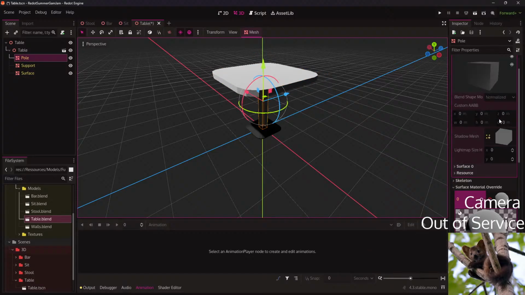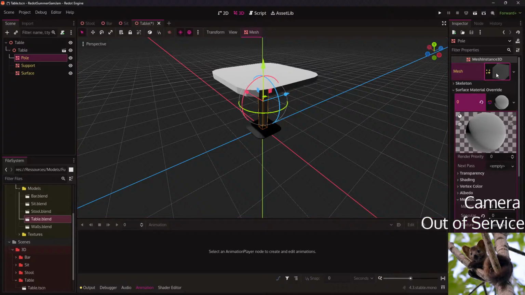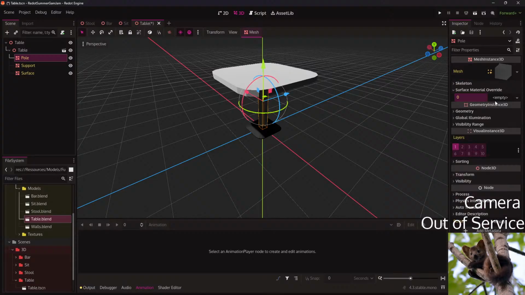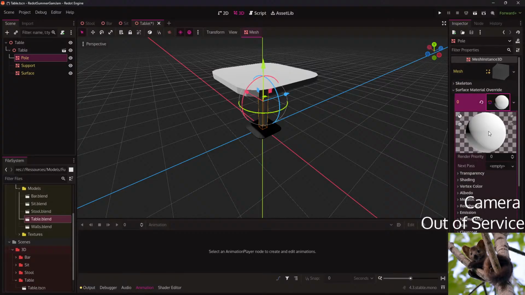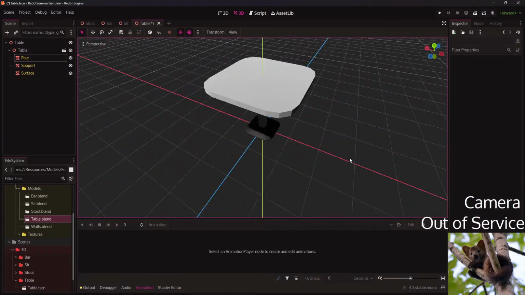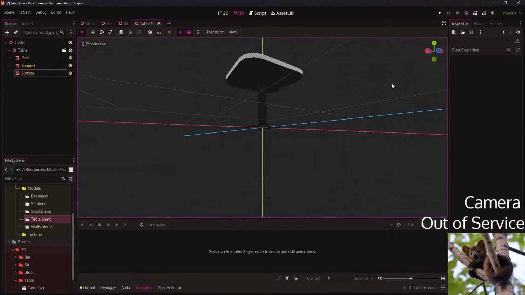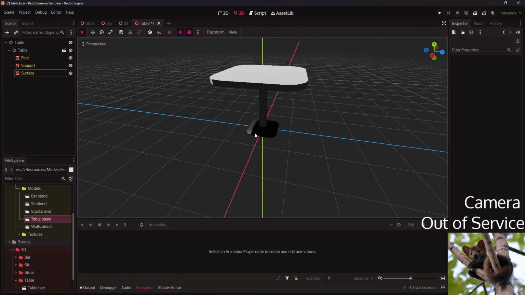Why is the color so gloomy? Oh, because of the metallic? Huh.